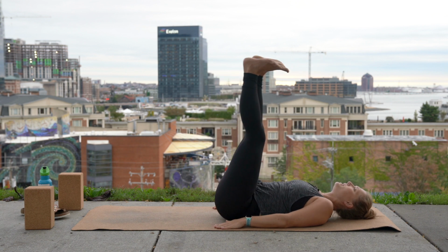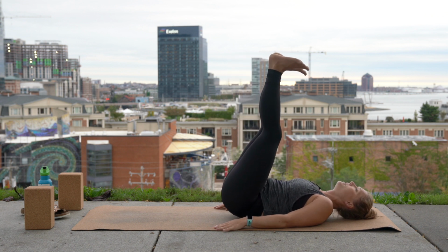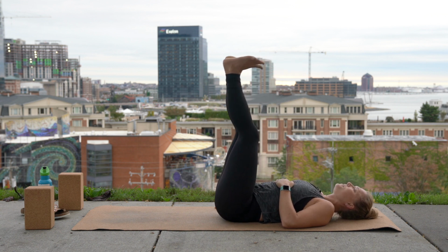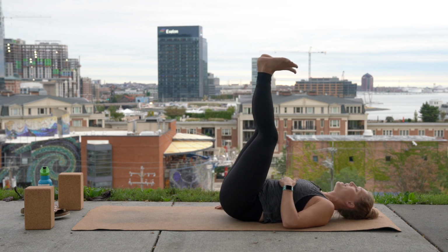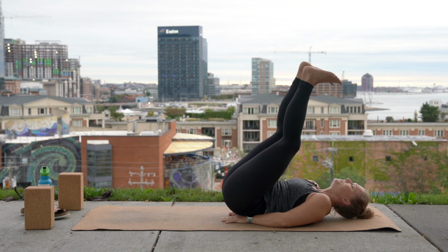your booty, put it down. Lift your butt, put it down. So notice it's not momentum based, it's all in the core. For 8, 7, 6, 5, 4, 3, 2, we're gonna put our hands under our butt for 1, and then